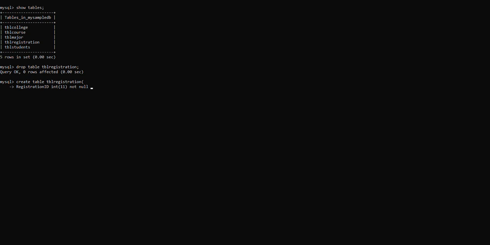Then we will set this as our primary key, then we will set it also as an auto increment on